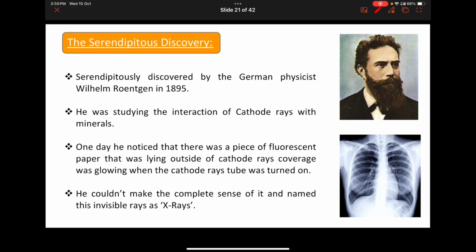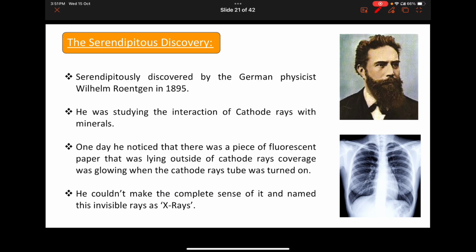So the X-rays, we all have heard of X-rays. Whenever we have fractures or broken bones, we all go to our doctors and radiologists and get X-rays done. The discovery of X-ray has been a bit miraculous, to be honest with you. It is a very serendipitous discovery. There was this very famous scientist back in 1895. He was studying the cathode ray tube and how the beam of electrons that comes out of the cathode rays interacts with the minerals and different substances.